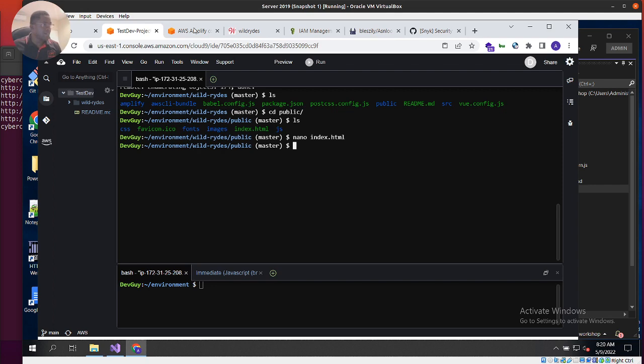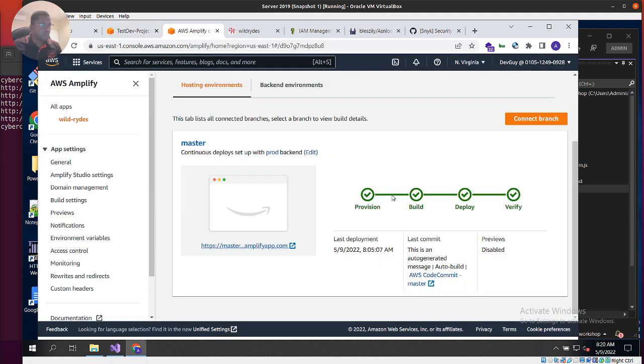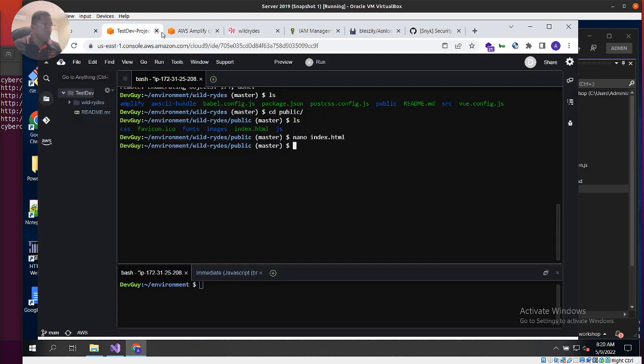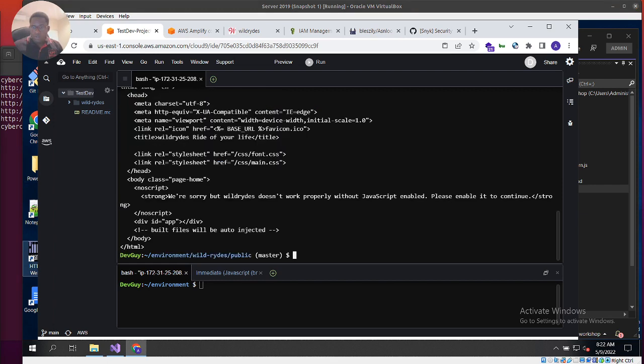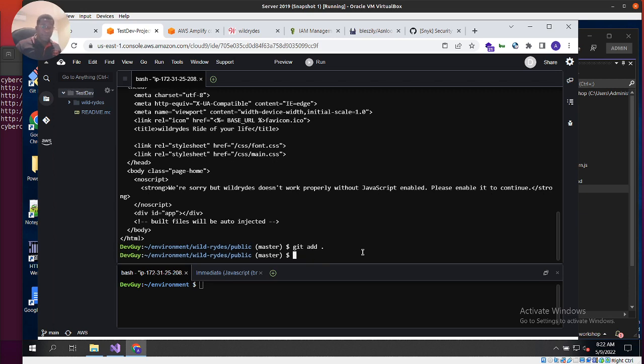Okay, so that's done. Then I'm going to fall back in here. We will see that this will trigger the pipeline at some point after that change is saved. To trigger the pipeline, we're just going to do git add first. Right in there. Then we'll do the git commit, then pass a comment. We'll just call this